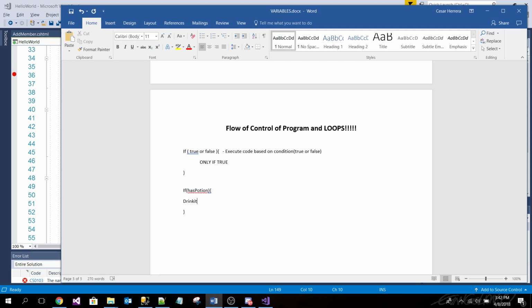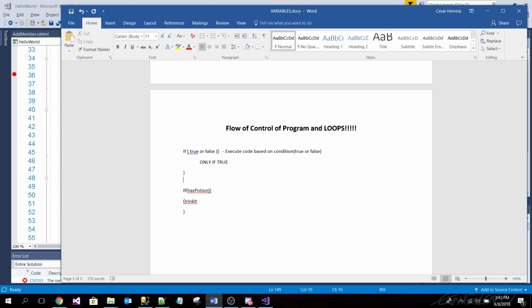Drink it. Coincidentally, there are some games I played where that's a condition where you just pick it up and you drink it, whatever it is. If it's good or bad, it's yours. That's a good game too. Especially if you're playing Dungeons and Dragons. Maybe it's one of the character flaws, like it has to drink whatever it finds, and then the DM is a douche. Potion addiction, man. Okay, so if has potion.